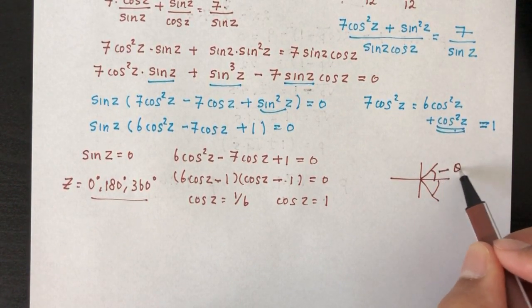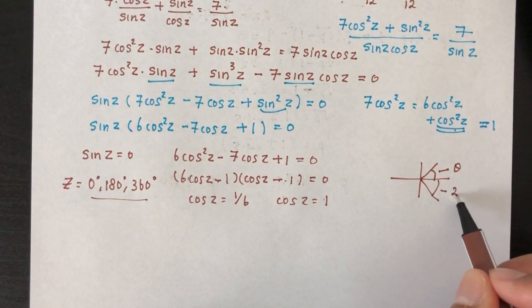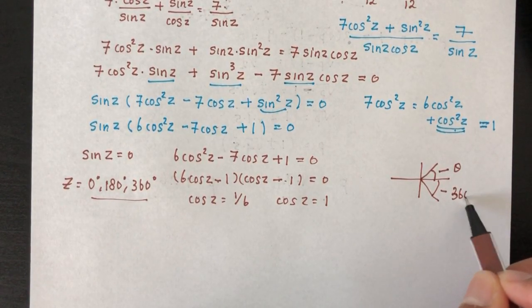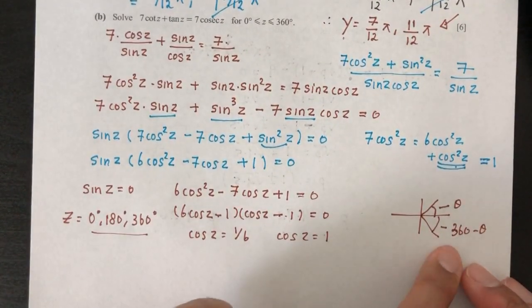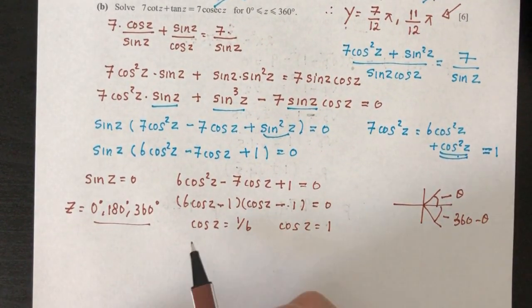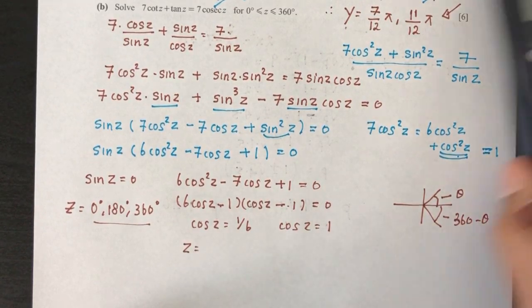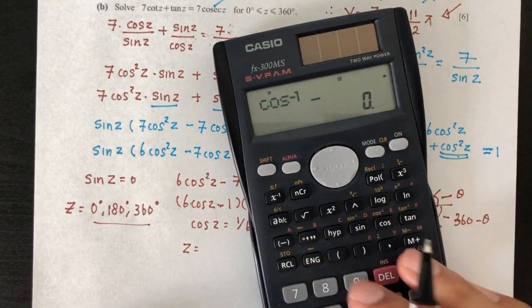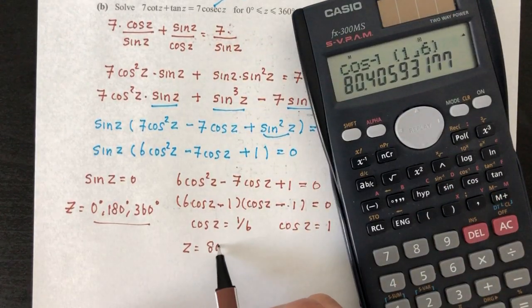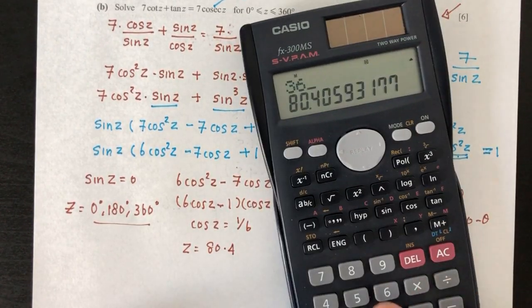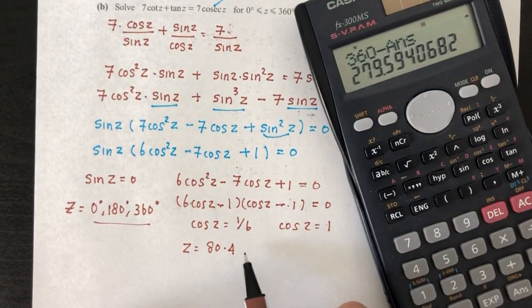First quadrant is just theta, and the fourth is 2 pi, which is 360 minus theta, because this one is in degrees. So cos inverse of 1 over 6 is 80.4, and then 360 minus that answer will be